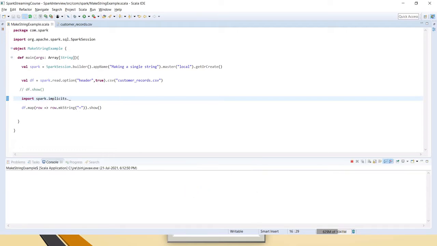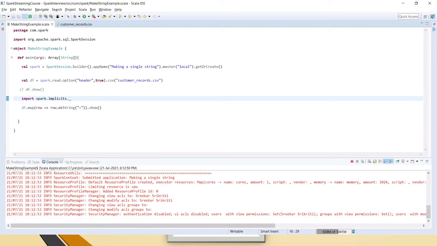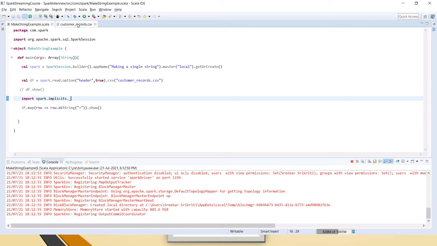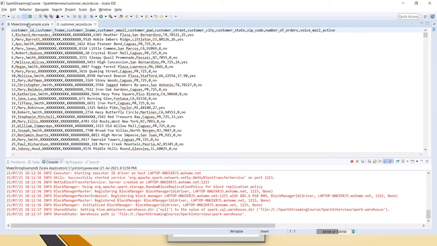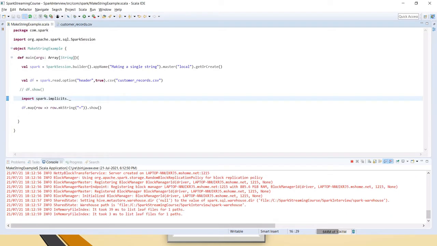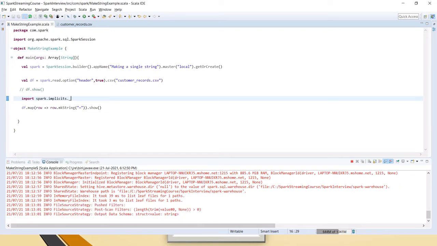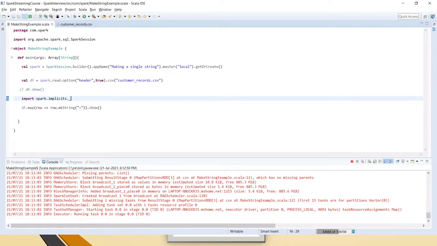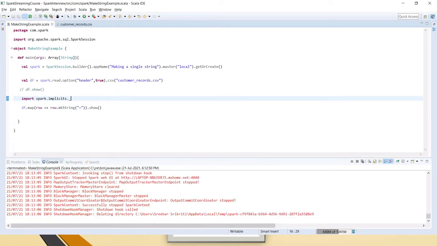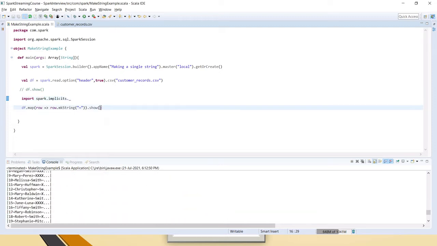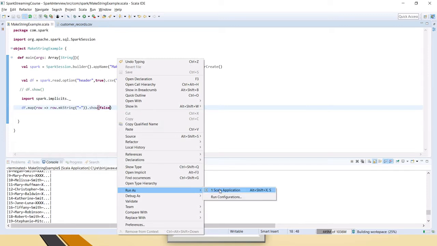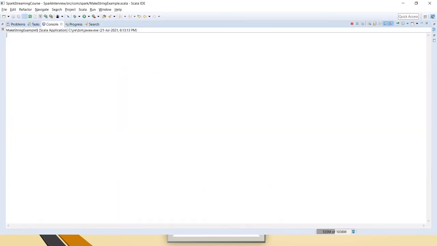And let's run this. So each row here is column wise, right? Everything will be turned into a single column, which will usually be called value. Under that value is the entire details. Okay, let me give false here so that we can see the entire data frame values with tilde delimited.